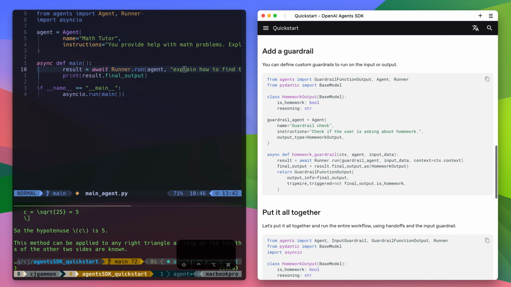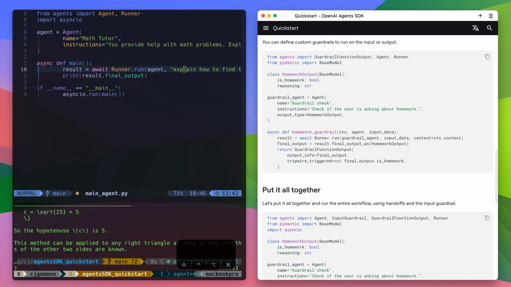So basically what this is doing is it's checking if the output of this is going to be a Boolean of is this homework true or false, and then the string reasoning and justifying its response, right? So it's going to explain itself. Then you create an